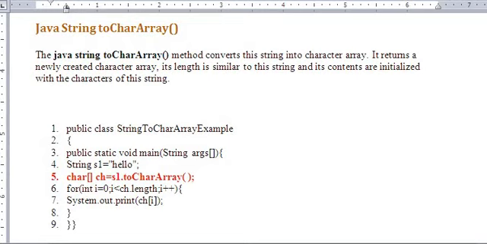Look at line number 4. The string is s1 hello. And look at line number 5, s1.toCharArray(). So it has been copied to the character array variable ch, and since it is a character array, to print all the characters we need to use a for loop.